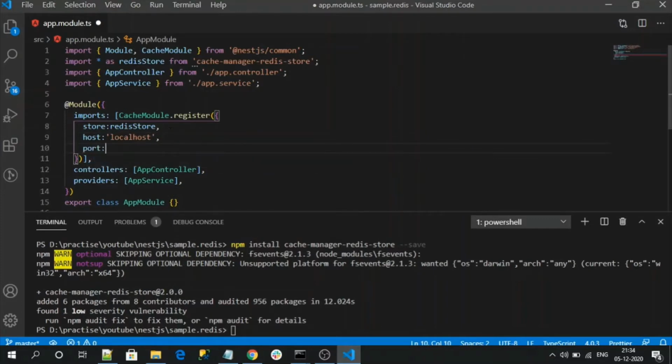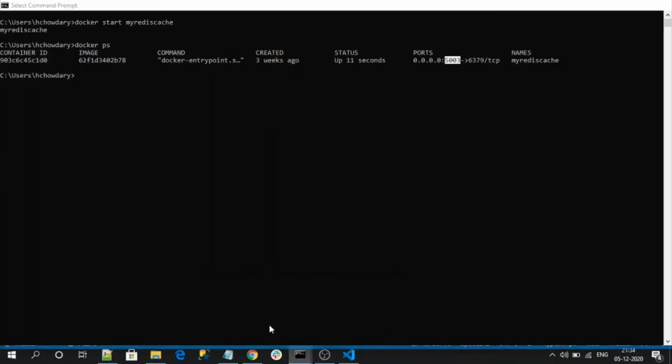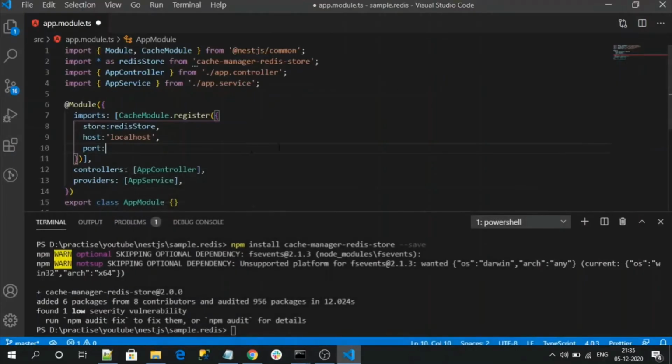By default, the Redis port number is 6379, but here I am using Docker, so I exposed this 6379 port as 5003. Everything is explained in the Docker Redis video, so you can watch it there. So here I am going to give 5003 as the port number. That's it. This is the basic configuration to set up the Redis communication with our application.